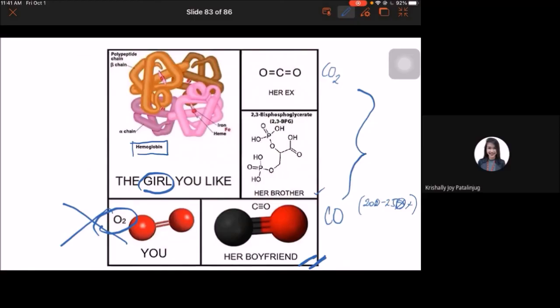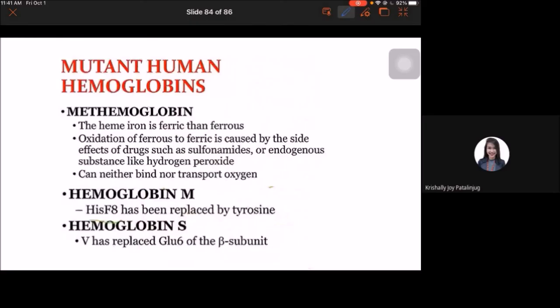Okay? Sige. Okay. For the remaining 3 slides, here we will discuss the conditions, the diseases in relation to hemoglobin. So when there is a mutation, as written here, mutant human hemoglobin, meaning to say there is already a mutation or alteration in the structure or functioning of hemoglobin, and that leads to disease, that leads to a certain condition. So for example,